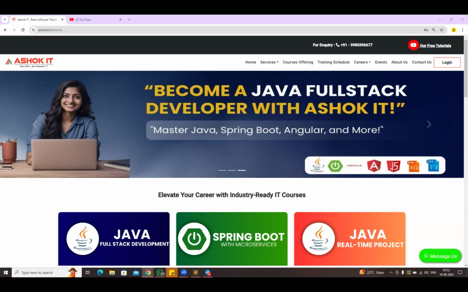Ashok, I have one clarification regarding the course. In Ashok IT, we have the AWS Cloud course, right? Is it at the Cloud Architect level or the practitioner level? It will be Cloud practitioner level, sir. For solution architect, a separate AWS solution architect course is available. In DevOps with AWS, the main focus will be on DevOps. Some AWS topics will be covered which are required for a DevOps engineer.